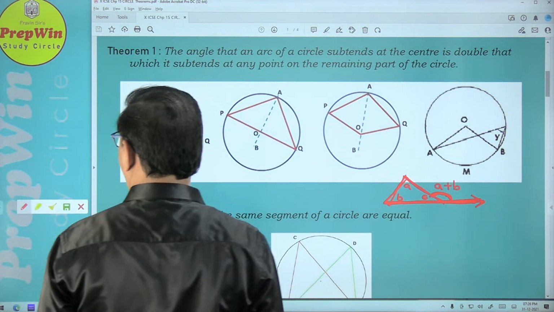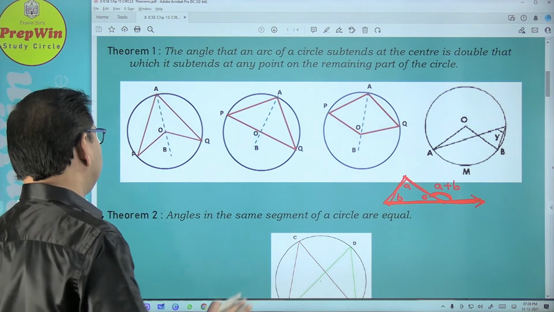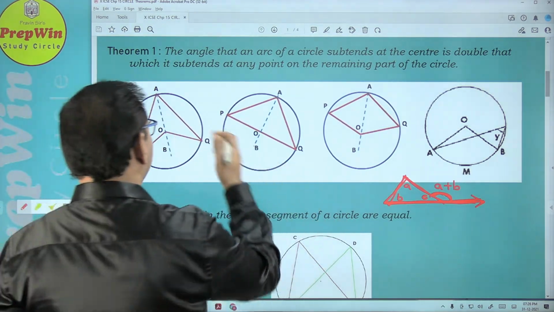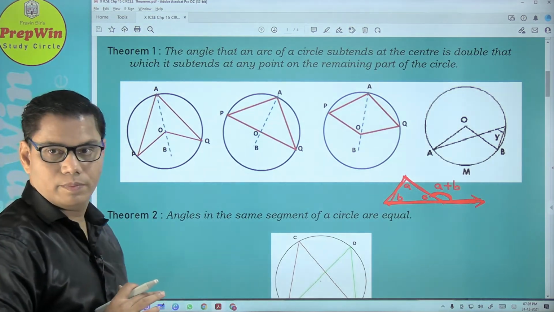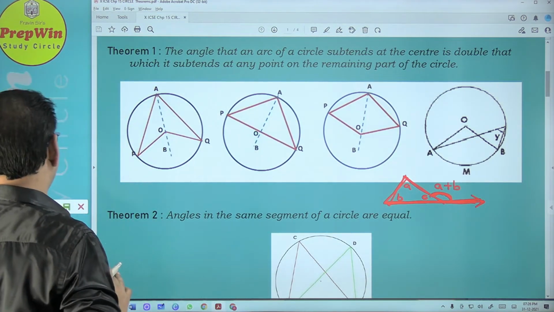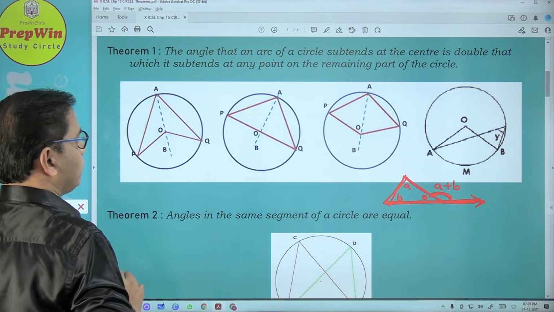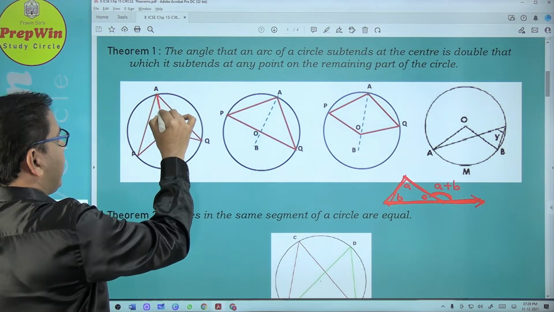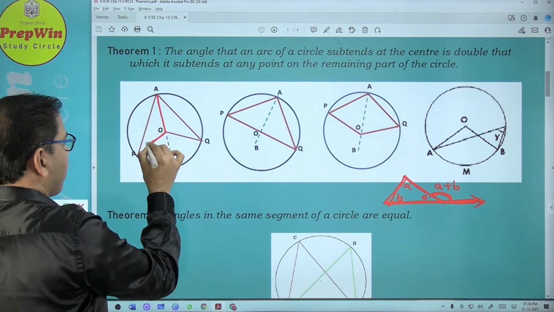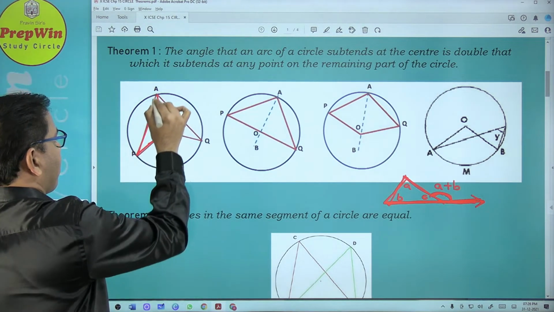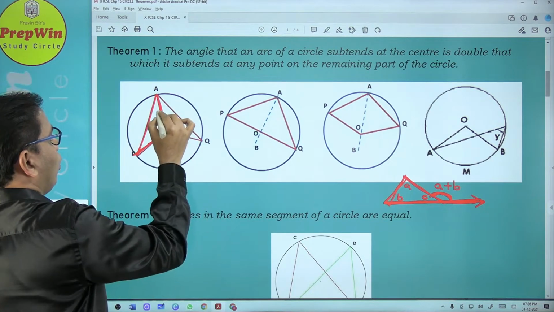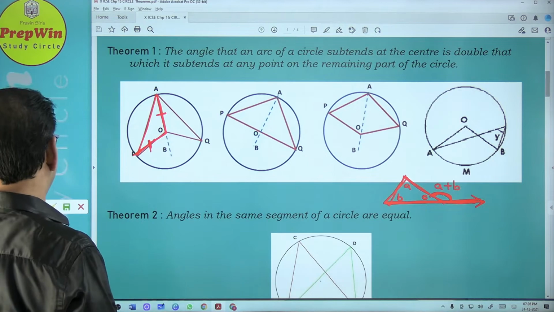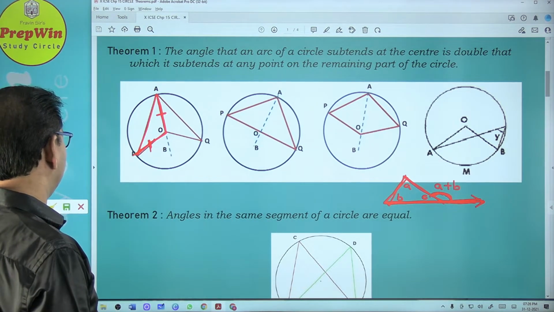Is this sum of two remote interior angles? Do you remember कि भूल गए ये theorem? Can you understand this theorem? क्योंकि ये theorem के based मैं ये पढ़ाने वाला हूँ. If you don't know this theorem, you will not understand this explanation. All right? Start करें. Yes, sir. Now triangle AOP, is it an isosceles triangle? Why? OA is equal to OB, radii of same circle. Am I right? Have you understood this much?